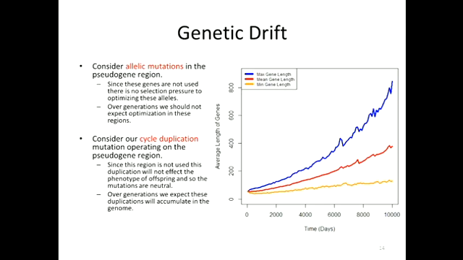So that kind of mutation is neutral. It doesn't have an effect on the phenotype of the offspring. As a result, we would expect that over time these neutral mutations would accumulate in our genome. What we see here on the right is a graph of the length of the genome over time through our simulations. And indeed, we see that the length of our genome tends to grow. One of the reasons we think that happens is through this neutral drift or growth through our genome. So that's what happens if we get one of those genome duplications happening in the non-coding